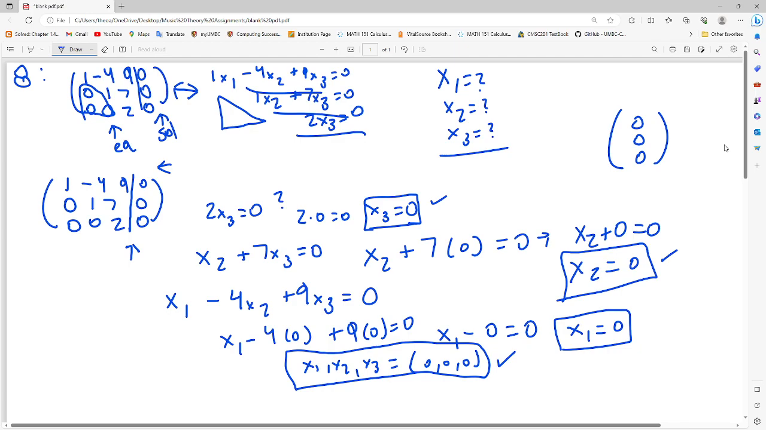Believe you wanted me to do 8, 9, 10, and 14. So let's do 9. I'm going to zoom in a little more so that I have a little more room. Number 9